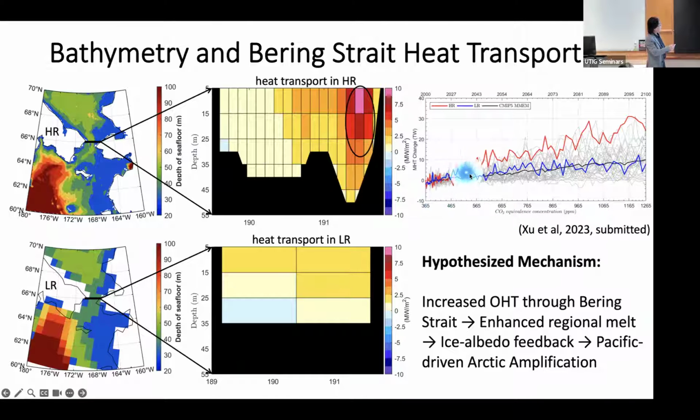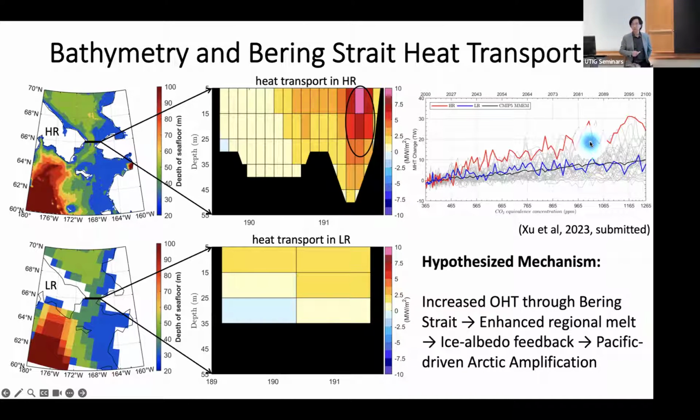The red line is the transport simulated by the high resolution model, the blue line is the low resolution model, and this thin black line is the CMIP model ensemble mean. You can see that the high resolution model is simulating a much stronger heat transport through the